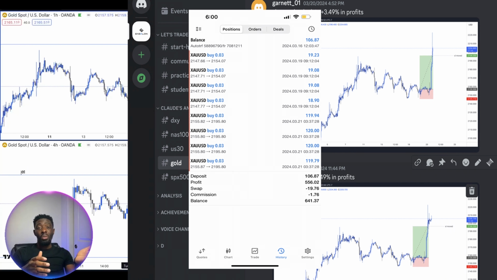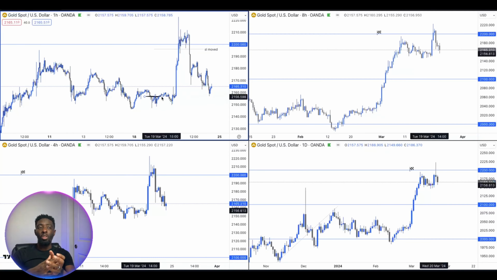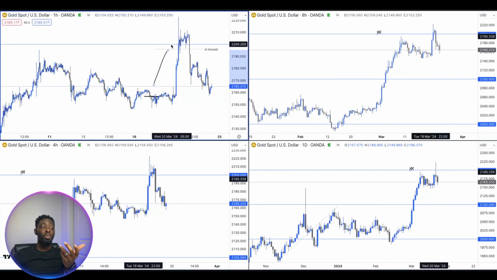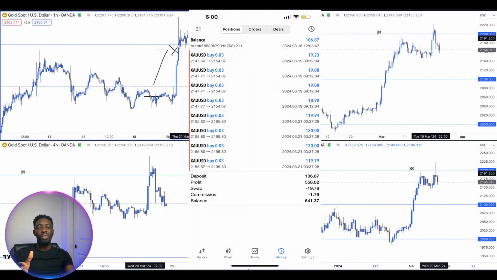The account size I used on this was a very small account, and I believe most people watching me, you probably have a small account as well, let's say $100. And you can see this was an account of about 100, and once this played out to like here, I managed this position to like here. I got stopped out when price reversed around this area, but you can see we made almost $500 or $600